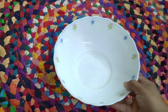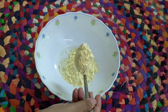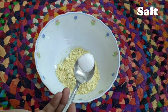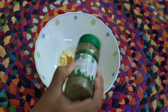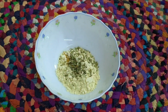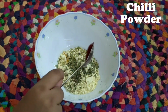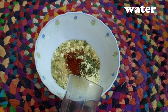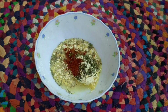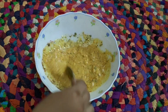Now take a separate bowl and add 2 spoons of besan or gram flour, some salt, turmeric, oregano, basil, some chili powder, and in the end add some water. Now mix it up to create a thick paste,